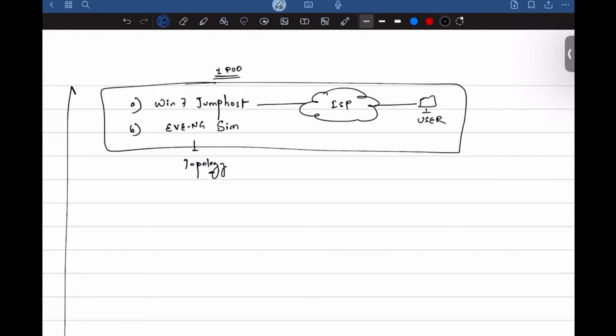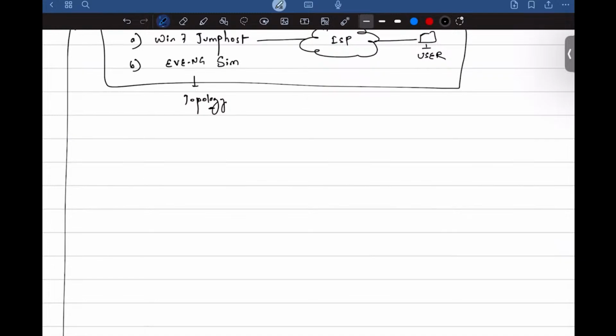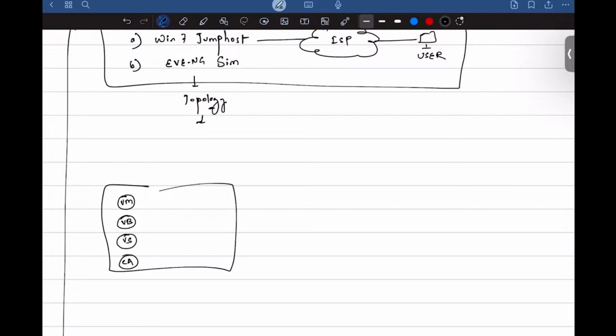And what we will be building in the lab is a topology from scratch, where we will have multiple sites. First we will have a controller site. In the controller site, we will have a vManager, a vBond, a vSmart, and also a certificate authority server.